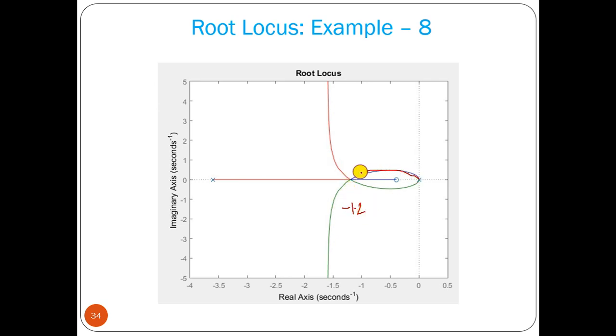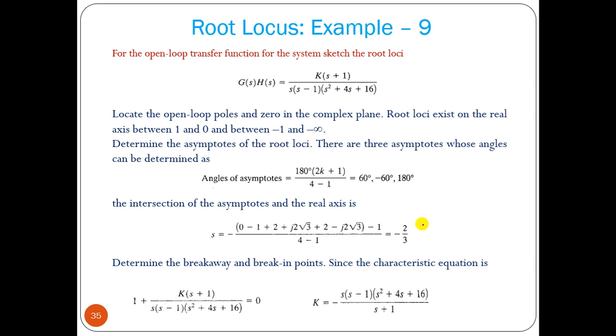One pole comes here, breaks away, goes to this 0. This pole comes here, breaks away, goes around this asymptote. This pole comes here, goes away around this one. So this pole is not going to merge with this 0; it will go straight away. It should break away from this point. All these 3 poles break away from this particular point. So this is another important problem.